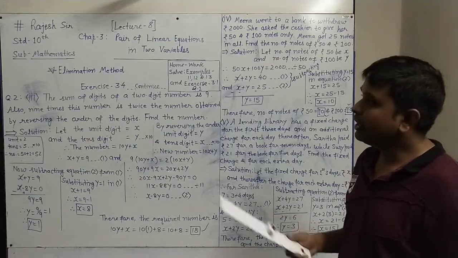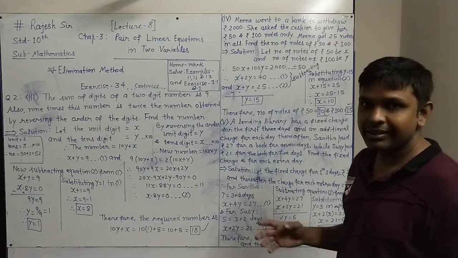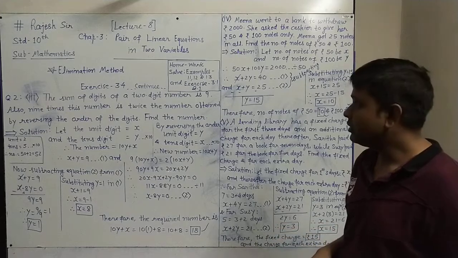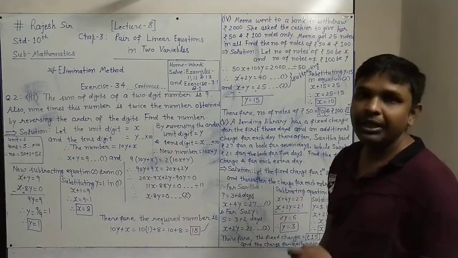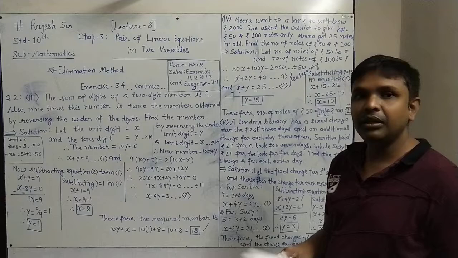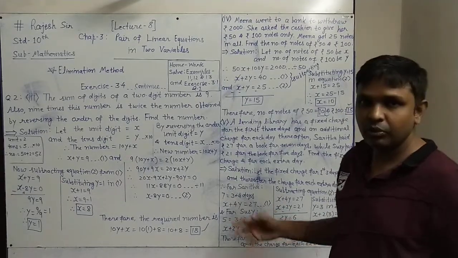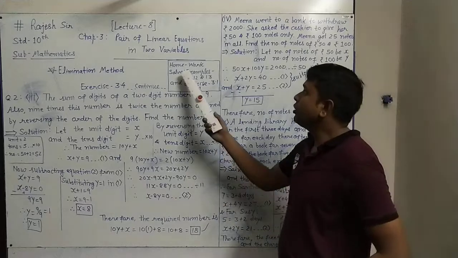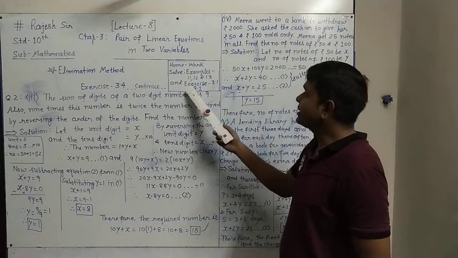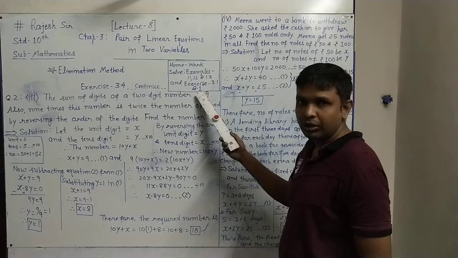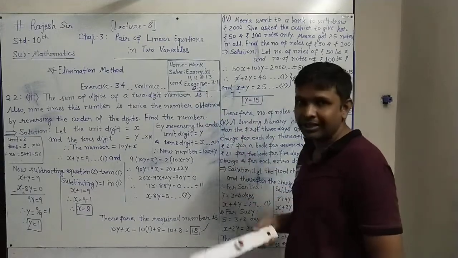So question 2 we have finished in the last lecture and this lecture. All 5 parts we solved. So question number 1 is remaining. In that, the pair of linear equations is given directly, and we can solve it by the elimination method in this same way. So it is your homework to complete exercise 3.1, question number 1, because question 2 we have done here in the class.